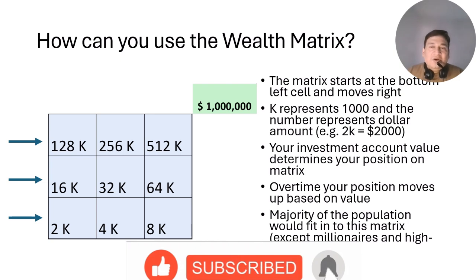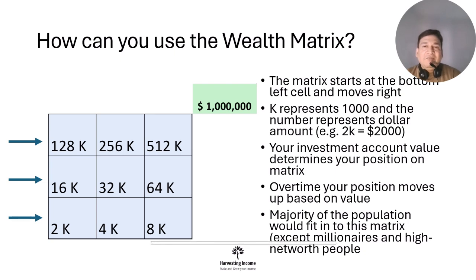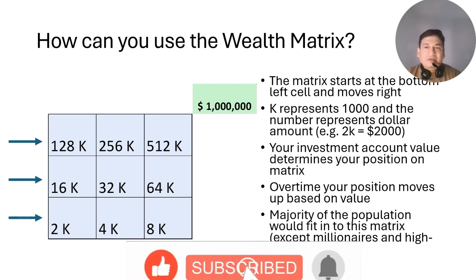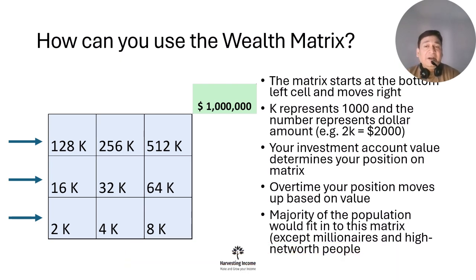Even early millionaires, or people who touch the $1 million mark but don't have enough assets, or whose investment value is low, could probably still fit in this matrix. On the lower end, there are probably some people who are in debt or have not made any savings at all. We discussed 5 obstacles in the previous video. Some people don't have any savings at all. They are living paycheck to paycheck. In that case, you are still not in the matrix. That is a negative thing, because you've not even started in the matrix.